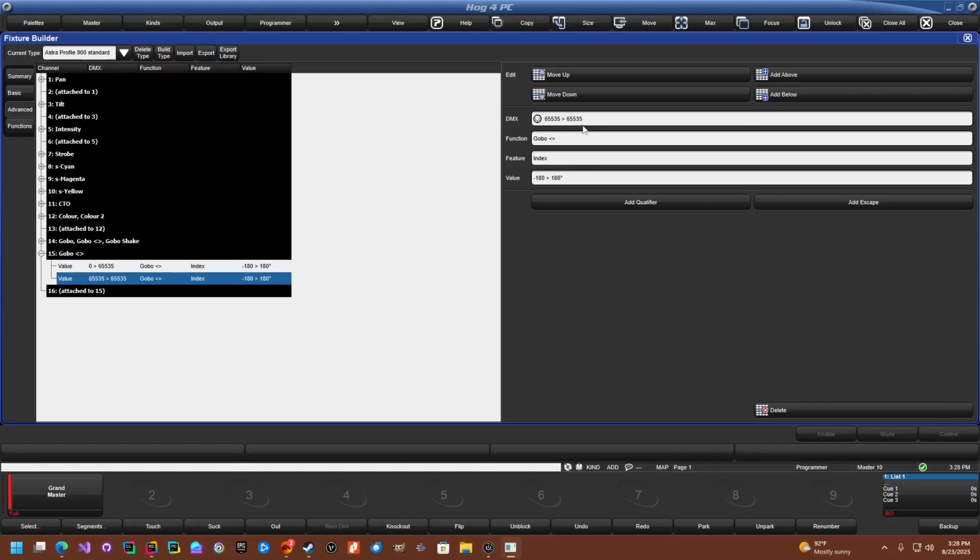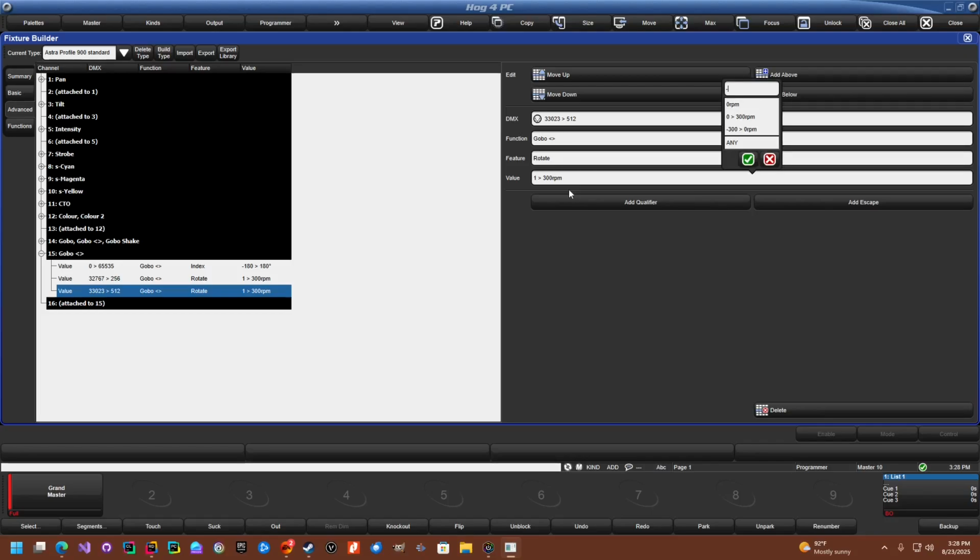So we're going to add another value, and we're going to basically do forward Gobo rotation fast to slow. So we know it's 127 through 1, which will get us 32767, 256, and that will be a Gobo rotate of 1 through 300. That's beautiful. We're going to add below again, and we're just going to flip these, make these negative,